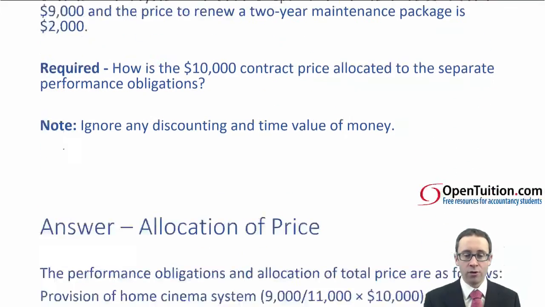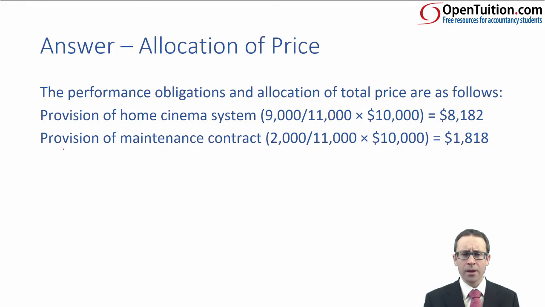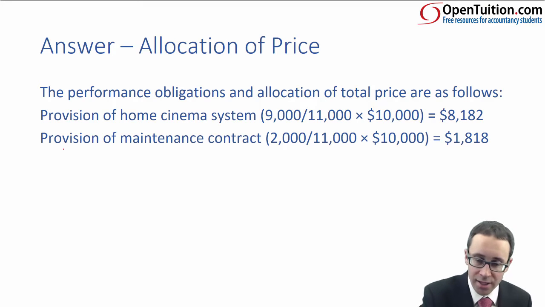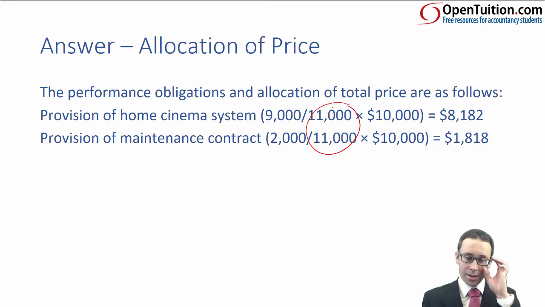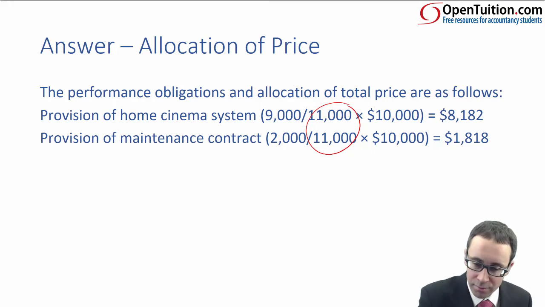So let's go through and just have a look at it. We've got the two performance obligations, haven't we? Provision of the home cinema system or entertainment system, and the repairs and maintenance contract. The total standalone price is 11, so the 9 plus the 2. The transaction price, so the price that you have within the contract,